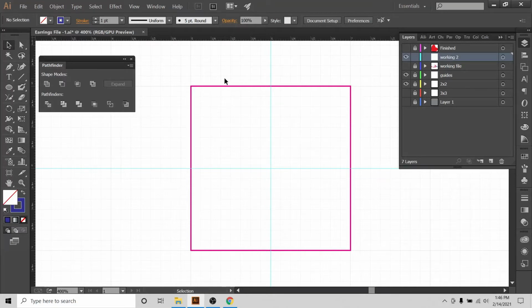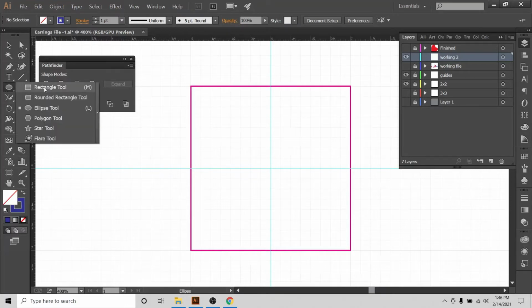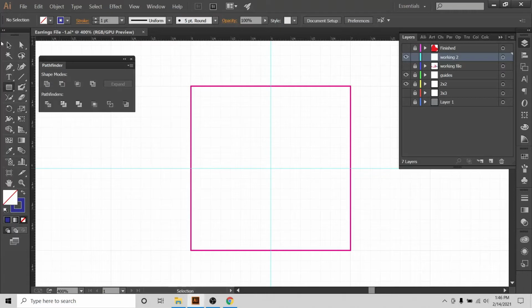So when people get it, I will have a proper idea of how the final earring will look in the end. So for the bar earring, I'm going to select a simple box tool, the rectangular tool from this menu, and I just want it to be a 1/2 inch wide earring. So I'm just going to make a 1/2 inch wide